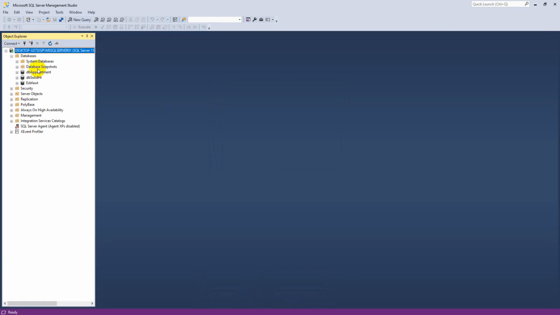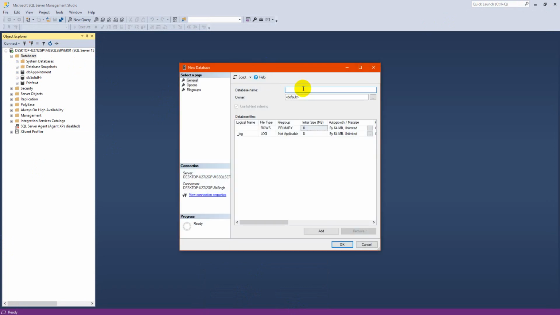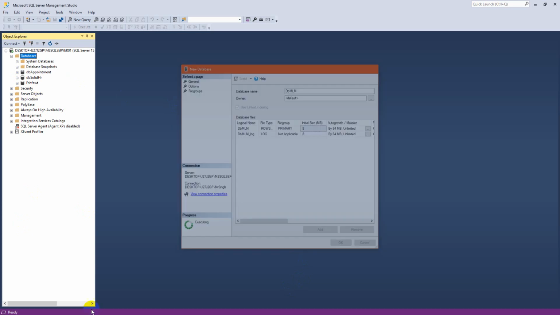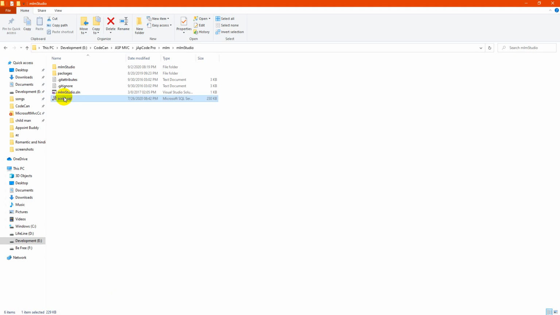Now you need to create the database. I have some other databases, but you need to create a new one. It can be any name. Create it. Now right click here and open a SQL query, and drag this SQL connection.